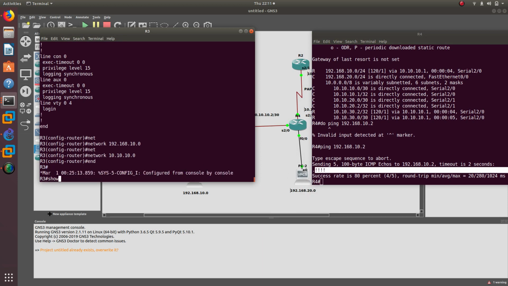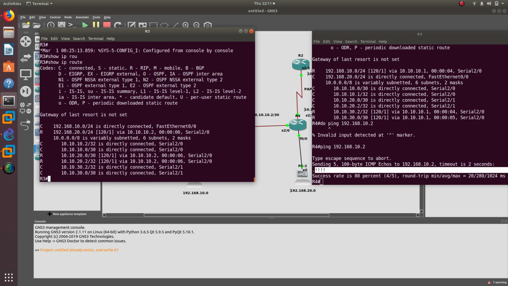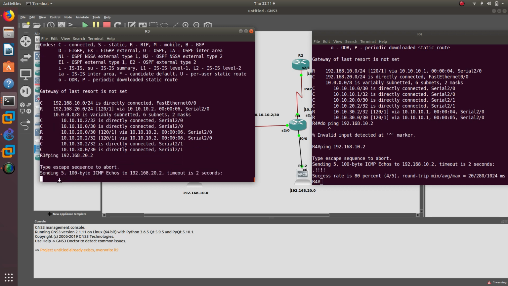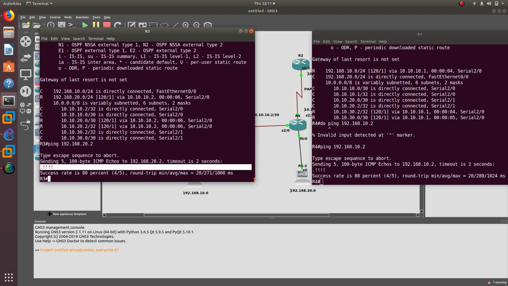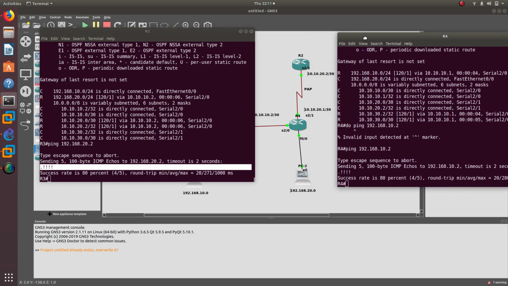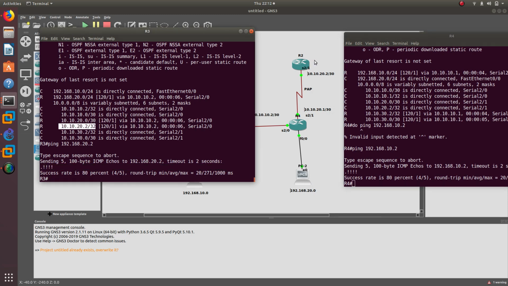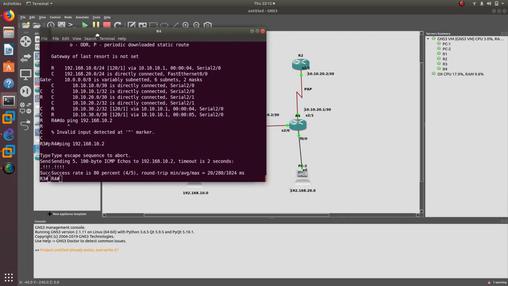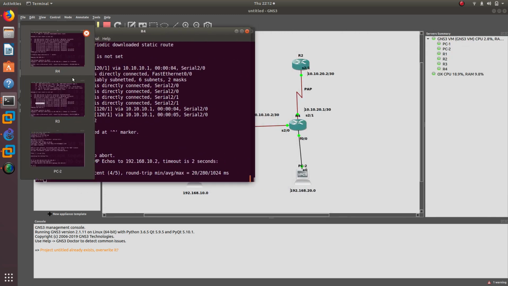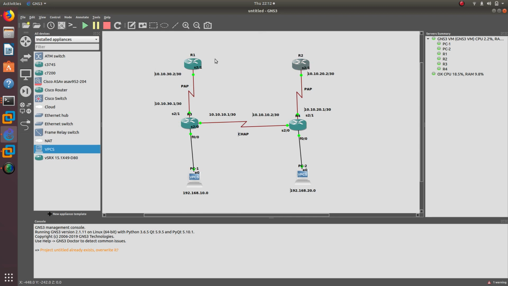So show IP route, and there it is. It's advertised via RIP. So ping 192.168.20.2. There we go. So we are able to ping that. So the only thing that we are missing now is how to get to 10.10.20. Oh, but here we go. We don't know how to get there. But we need to just configure router 2. Do we have router 2 open? We do not. Let's go and open